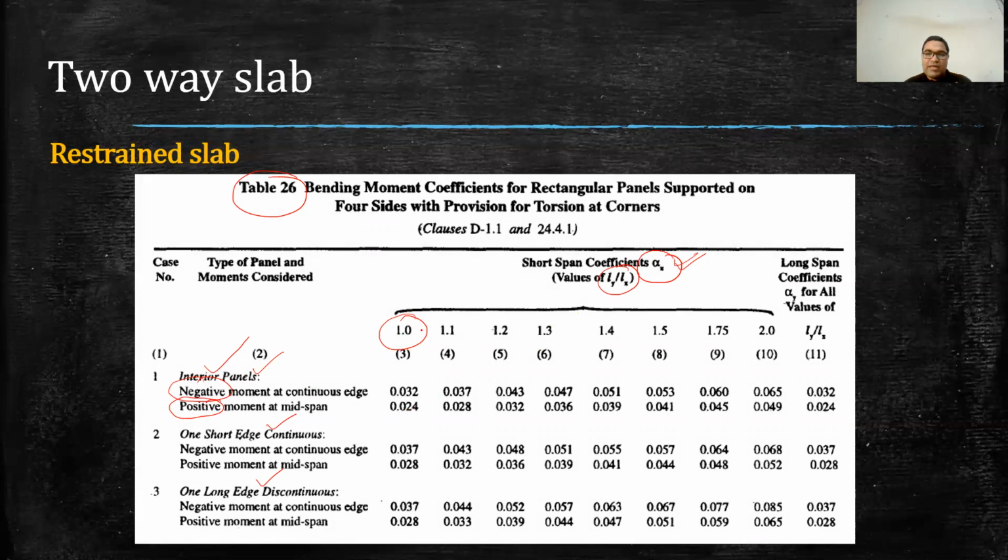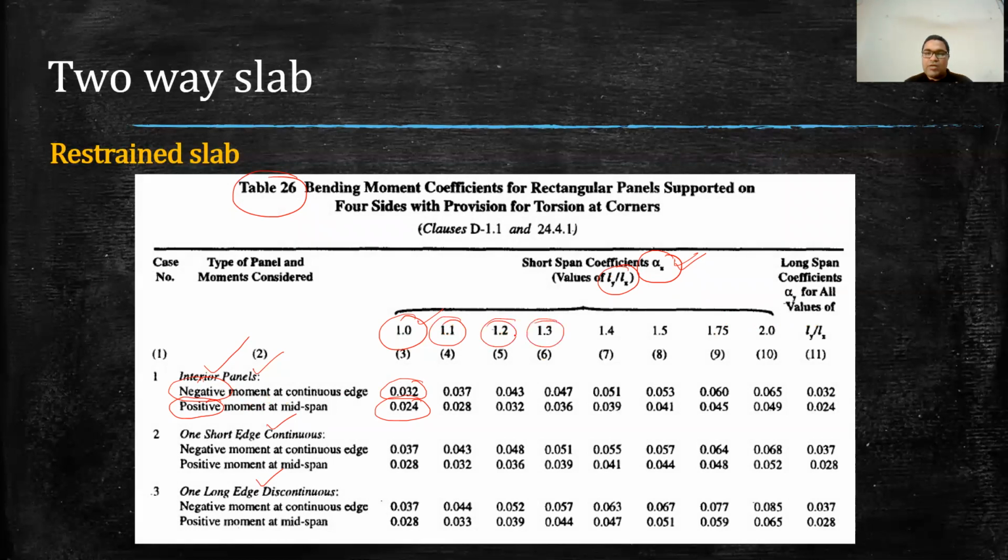So for example, if my Ly by Lx value is 1, then the negative moment coefficient of alpha x will be 0.032. Similarly, for positive moment, it will be 0.024. We will understand what negative and positive moment are when we solve a design problem. For the time being, understand that for each slab panel, there will be negative and positive bending moment. Now, how they will act in the slab, I will show you later when we solve the problem. And similarly, this is the value of alpha x, which is based on Ly by Lx, and